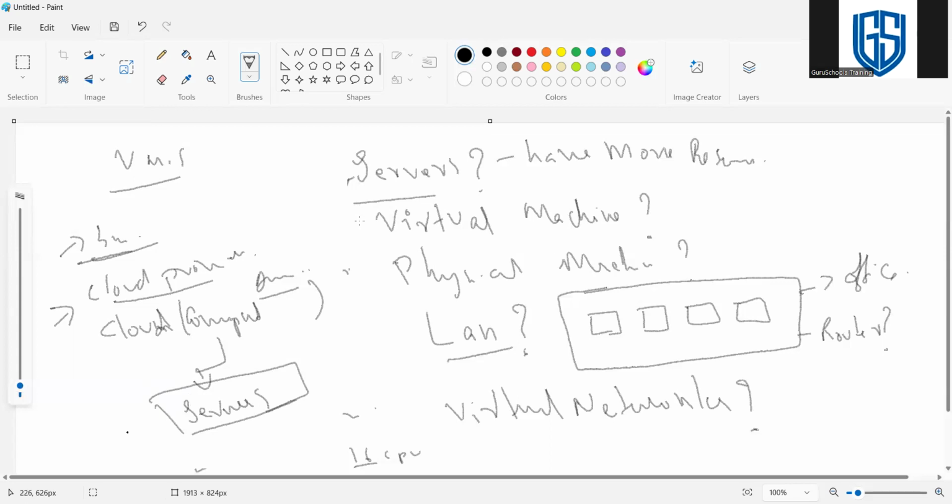These servers we can't see, right? Because they belong to some regions across the globe. So we can choose which region we need to deploy our required server.